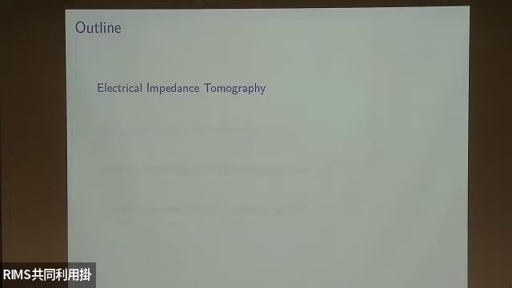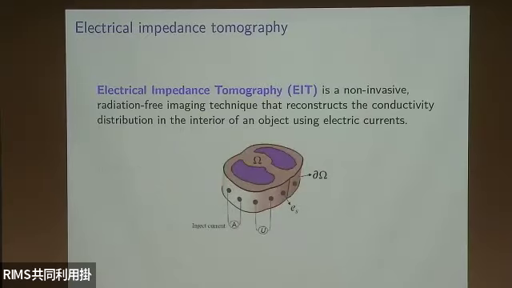Okay, so first we go to electrical impedance tomography. Electrical impedance tomography is a non-invasive imaging technique. So it's like a CT scan, but instead of X-rays or radiation, what you do is this. This is the body. You insert current at the electrodes. These are your electrodes at the boundary. You insert current, and then based on the boundary voltage measurements, the goal is to recover this blue image.